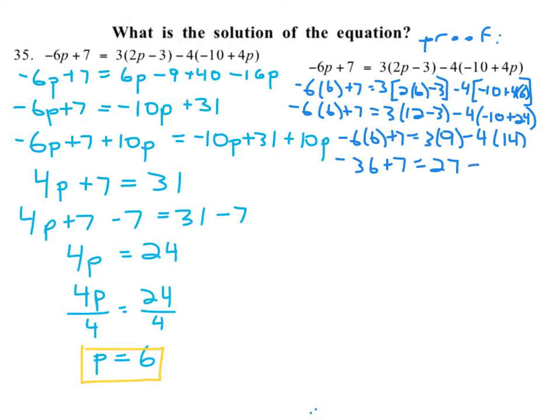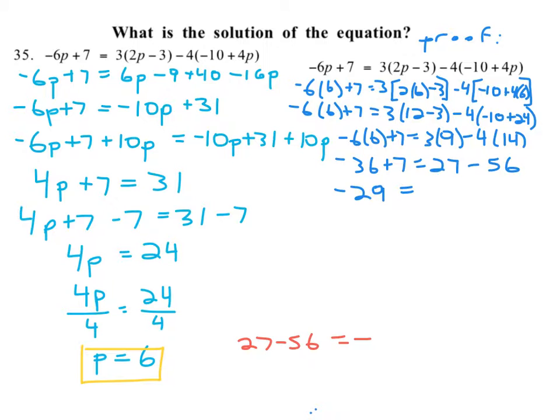Negative 4 times 14 is minus 56. And negative 36 plus 7 is negative 29 equals 27 minus 56. That one's a little bit dodgy for me to do. So I'm going to write down here on the bottom, change colors for a second. Fun fact, if we wanted to do 27 minus 56,